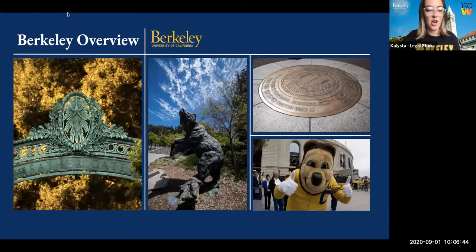So a little bit more of an overview of campus. In the left, you'll see Sather Gate, which is an iconic landmark on campus. You'll see people taking pictures in front of it, and it's even featured in some movies like Ant-Man and the Wasp, and Monsters University actually modeled their gate in that movie off of Sather Gate, since Pixar Studios is so close. Next to that, you'll see a bear statue that is Sturdy the bear. This is our largest bear statue on campus, and we have several bear statues scattered all throughout campus, but this one is the largest. And if we were in person right now, we'd probably be walking past it because it's right outside California Memorial Stadium.